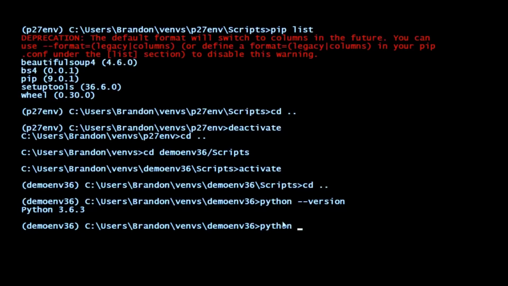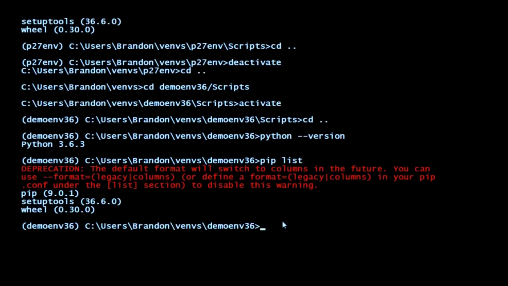Let's say 3.6 was, what I say, my Thursday project. I have all these projects. So if 3.6 is my Thursday project, then when I come in next Thursday, I only want to see the things that I installed into that environment. So let's double check. I should not see virtualenv. And I don't. Perfect. So that really concludes the whole demonstration, right? To recap,